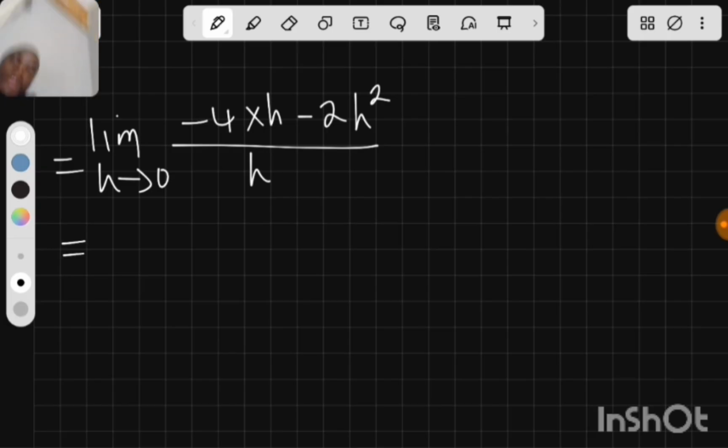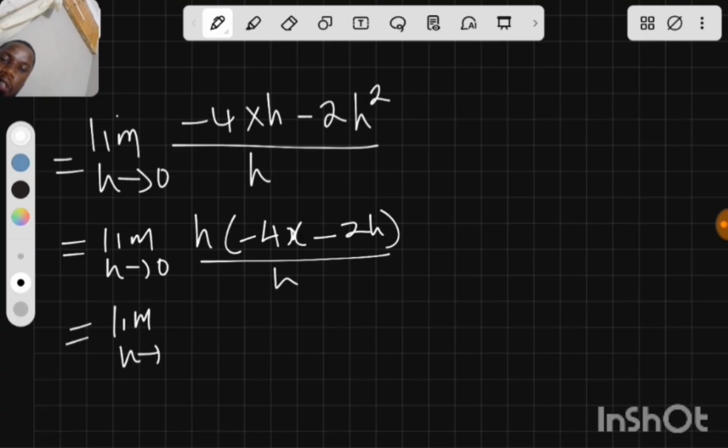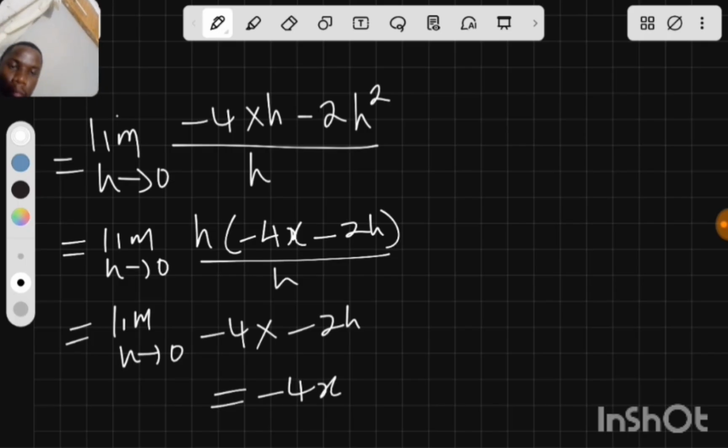If you look at the numerator, there is h and there is h. You can take out the common factor of h, and you will be left with minus 4x minus 2h, divided by h. And h and h cancel out. We have the limit as h approaches 0 of minus 4x minus 2h. And the f prime will be equal to minus 4x